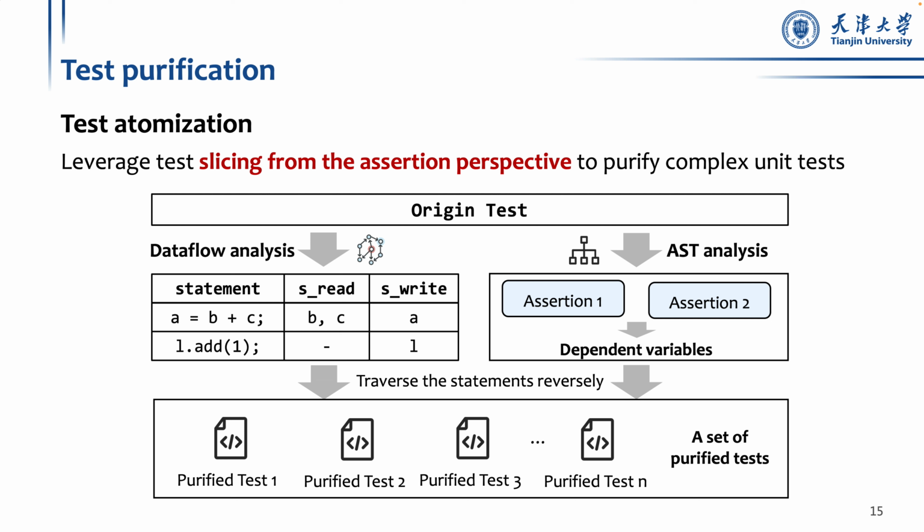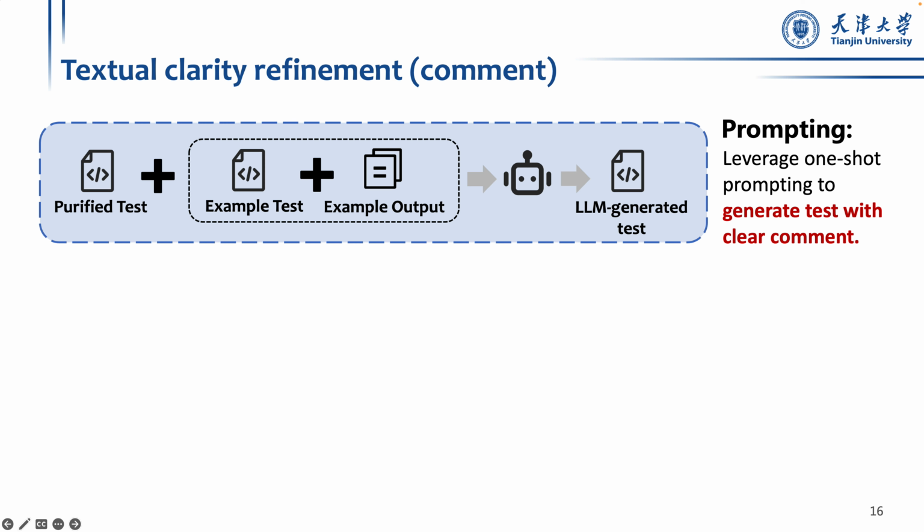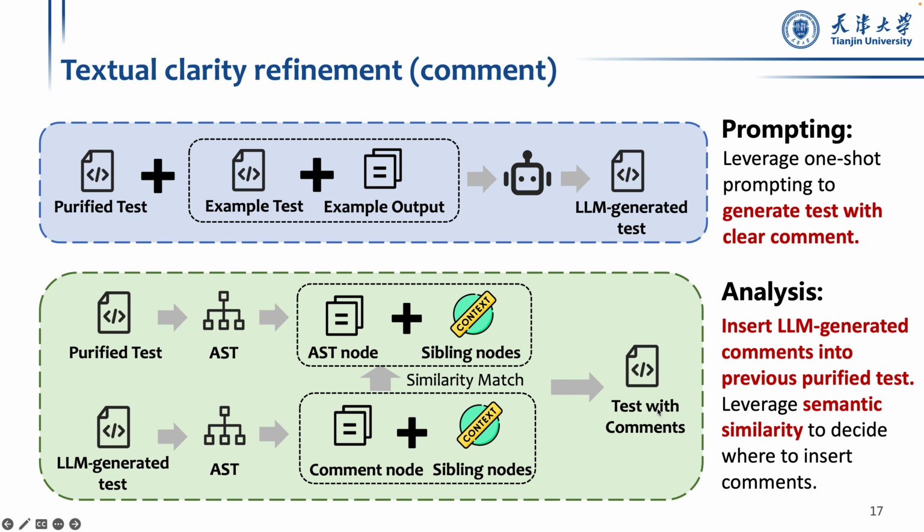After this step, we get a set of purified tests that are simpler and more focused. Next, since many studies highlight the importance of clear comments and meaningful identifiers for better semantic clarity, CLAST performs textual clarity refinement. For comments, CLAST uses one-shot prompting with LLMs to generate clear explanatory comments and then inserts them into the purified tests. It uses semantic similarity to decide the most appropriate places for these comments based on the abstract